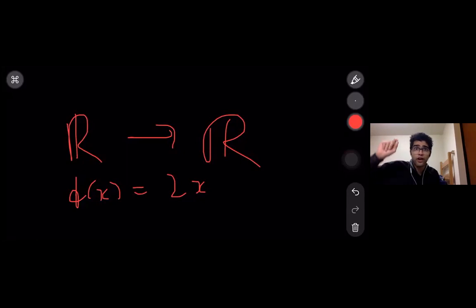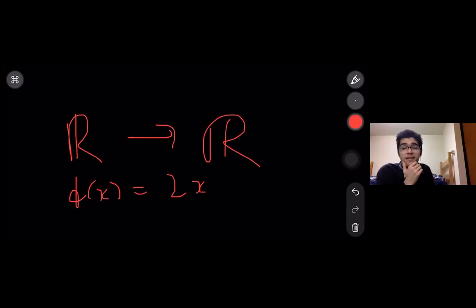Is it an onto function? So can you, for every number on the y coordinate, assure me that there is a number on the x coordinate which brings it there? So let's say I find a number 10 on the codomain. Just see clearly from where to where this function is defined. We are talking about real numbers. I have all real numbers on my domain and I have all real numbers on my codomain. So if it has to be onto, my question is, for any number that I find in my codomain, can there exist a number in the domain which will bring it to that?